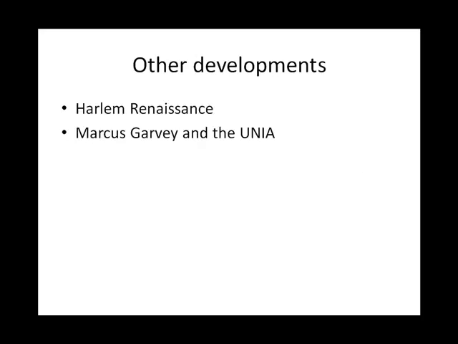Other developments as a result of this Great Migration include the Harlem Renaissance, and in your textbook there's a very interesting section on the Harlem Renaissance, and Marcus Garvey and the Universal Negro Improvement Association. Pay particular attention to who Garvey is and what his goals are, what he is asking blacks to do, and also pay attention to the kind of relationships that develop between Garvey and other black leaders. Much of the character of these relationships will have to do with Garvey's background, that he is not from the United States, he's from Jamaica.